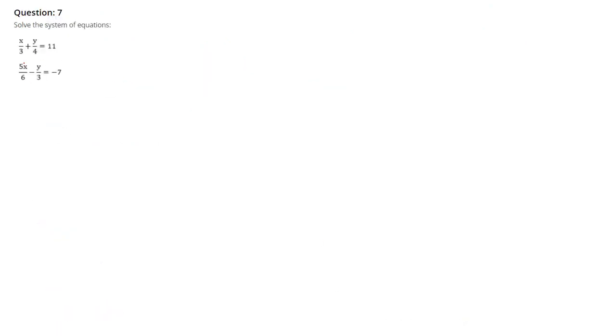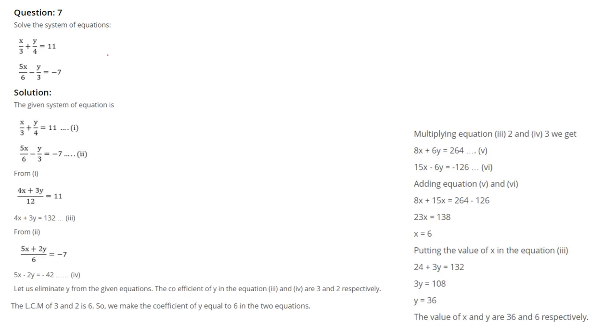Now this kind of equation, similar way we are going to solve it. Just multiply this by 4, 4 3s are 12. So you can multiply it by 12, and this multiplied by 6, 3 6s are 18. So you can multiply it by 18 like this. So what do you get? 3 into 12 is 4, so 4x plus 4 3s are 12, so you get 3y equal to 12 into 11 is 132. Yeah, this is one equation.